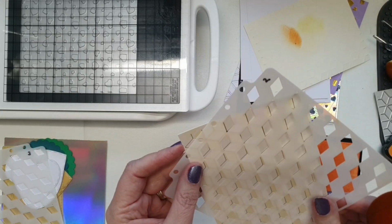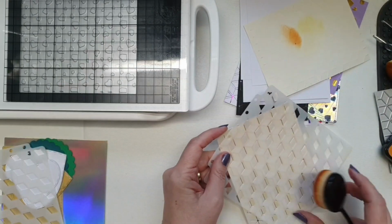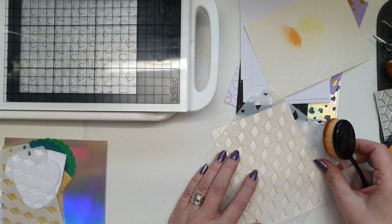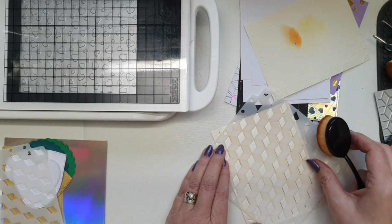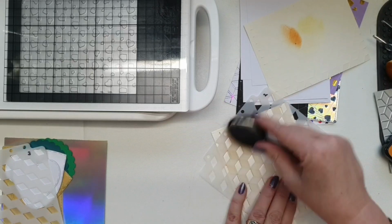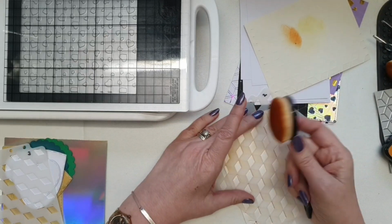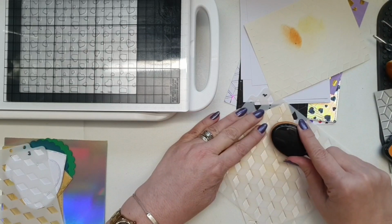Just have to find the right place to line it up. There we go. Just move my ink pad out of the way. Okay, so line that up there like that, and again just go through with your brush. Don't re-ink, it's probably a little bit heavy there actually,